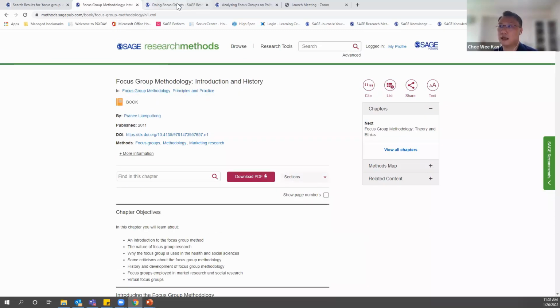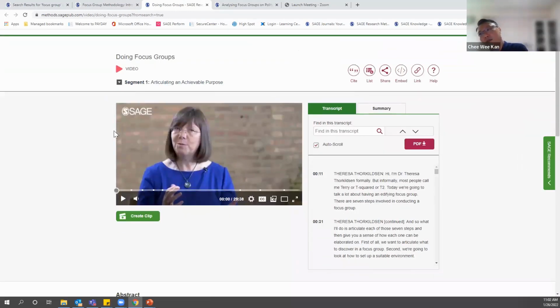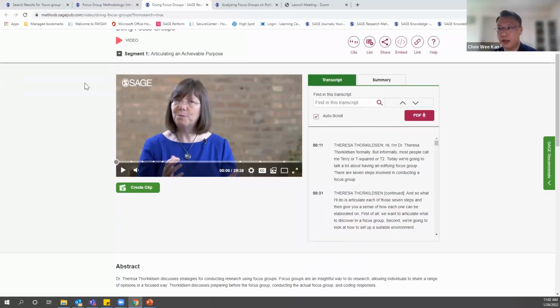So the next thing is that I'll be sharing the video content. Remember, I did filter, one of which will be the video itself. So video content is very simple, because if you look at the features, it's exactly like how you view a YouTube video. So you can just play, you can do the settings, you can have the closed captions, even change the viewing mode itself. Now, what is amazing is that there will be transcript and auto scrolling,